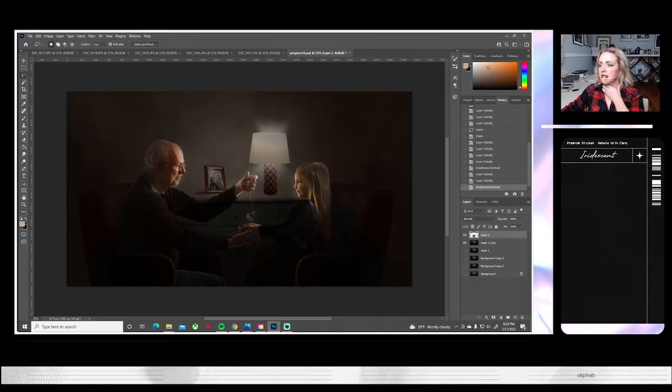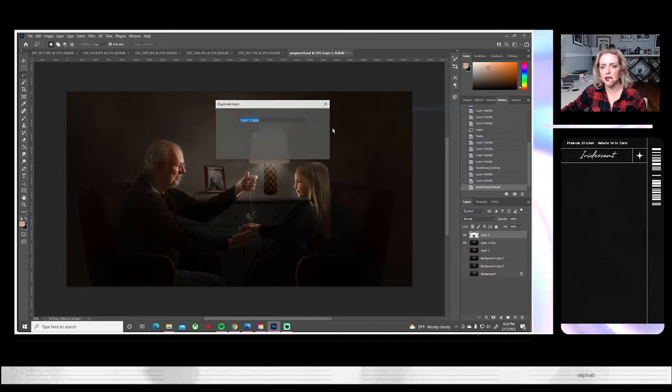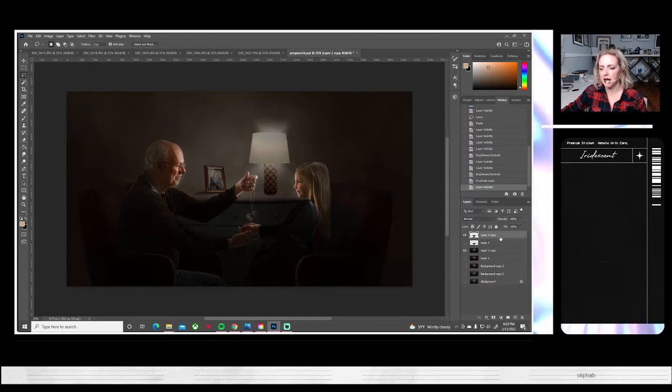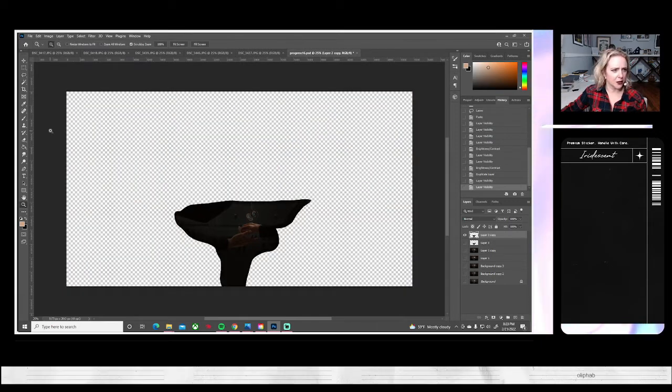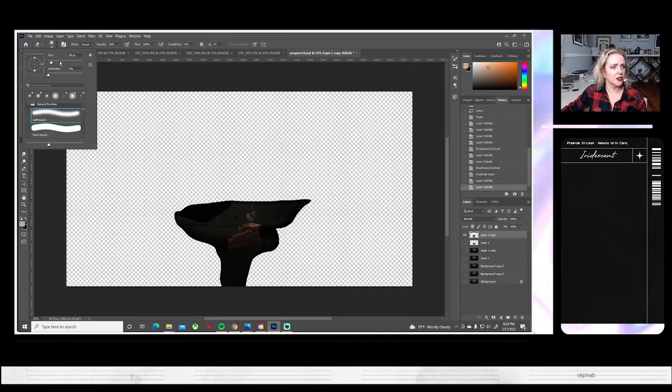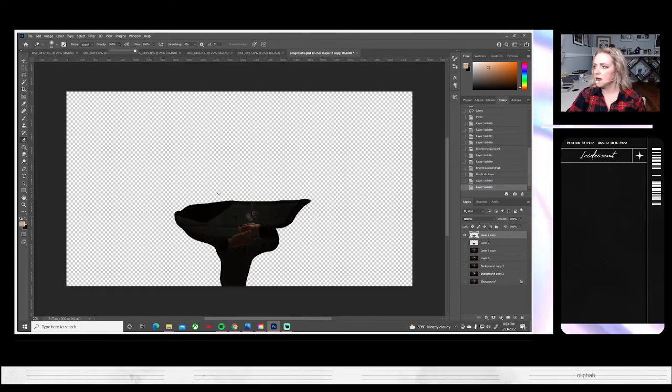In this screen that is more similar to what you guys are seeing, it doesn't look as dark. And on my screen, I think the face light is maybe messing with me a little bit, but I'm going to duplicate this so that if I erase back too much, I have an option. First things first, I'm going to go right along the edges with kind of a medium brush. That's still pretty small, only 62 pixels. And I'm going to use my stylus and just go along the edges